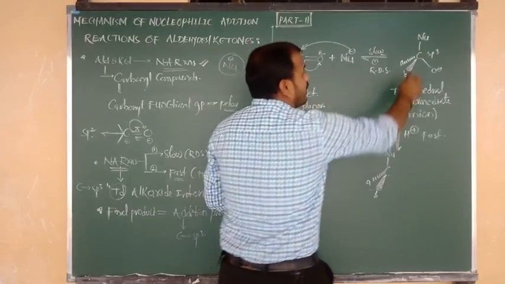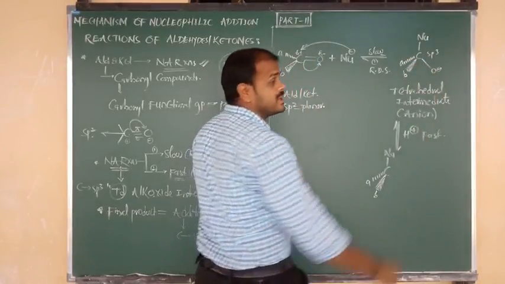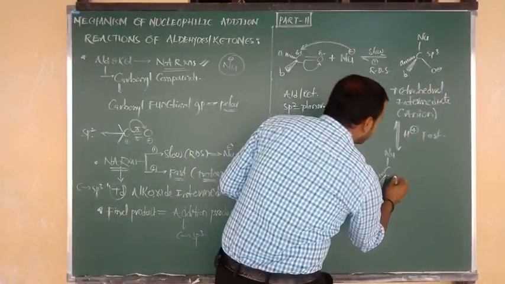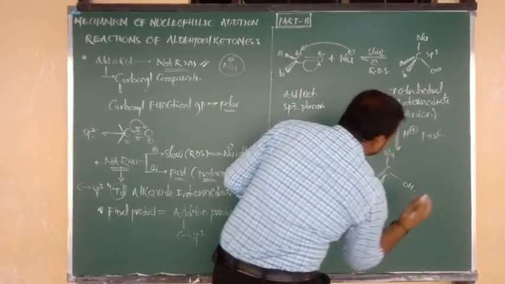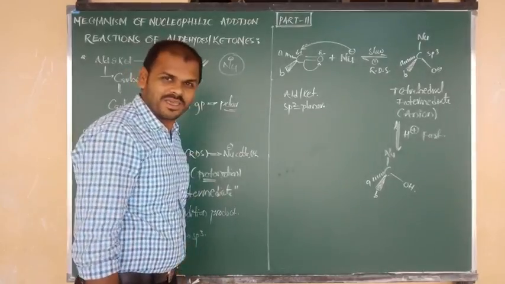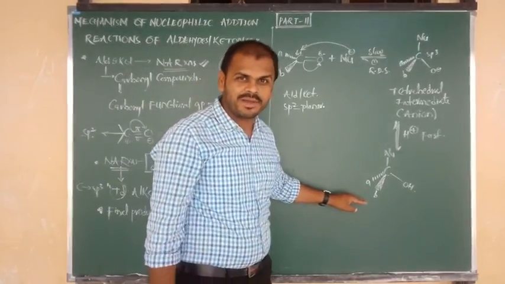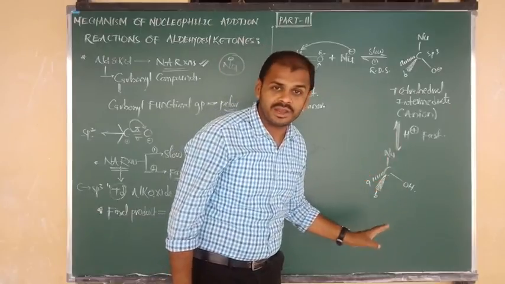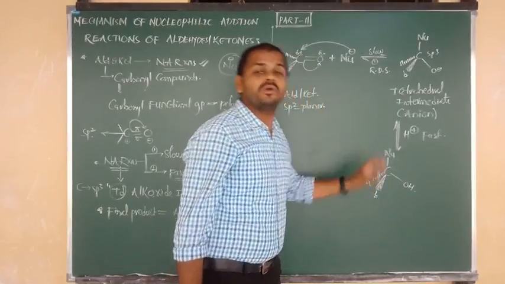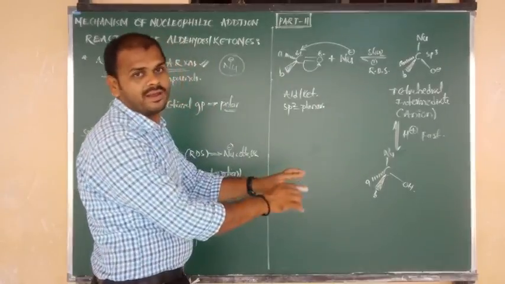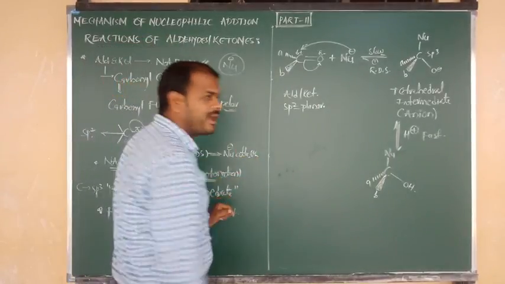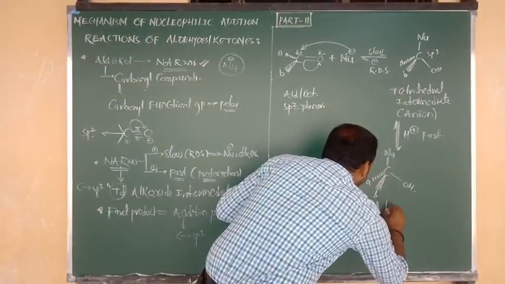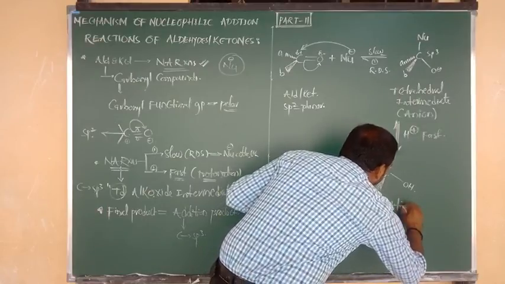Yes, beta. And next, this carbon connected to O minus was captured by H plus ion. Simply we can say that that is nothing but the OH group. So this is your final product, an electrically neutral product. Here, neither positive nor negative. Such an electrically neutral product, which was obtained finally after the nucleophilic addition reaction, is nothing but what we call the addition product.